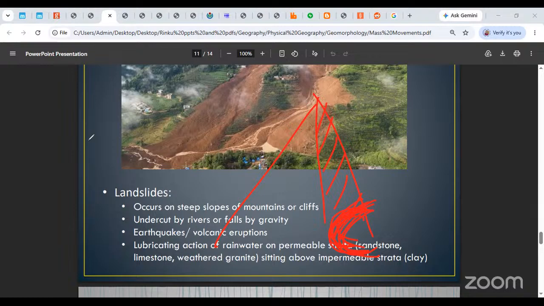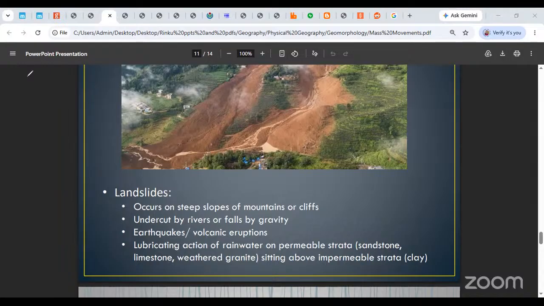All right, okay. And this can happen due to gravity, or it can be cut by rivers also. That is also one thing that happens in natural landscapes. This can also be triggered by earthquakes or volcanic eruptions. The material sitting atop over there, because of a volcanic eruption or an earthquake, is triggered, it falls down, the material falls down slope, and there is a proper downslope movement. Okay, this can happen. One very scary way of this happening is that I'm going to describe now.